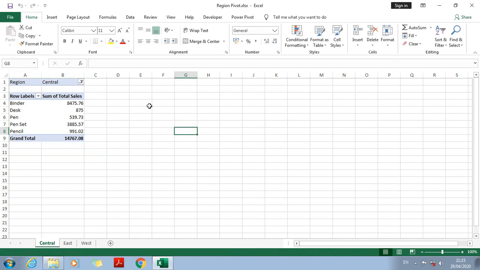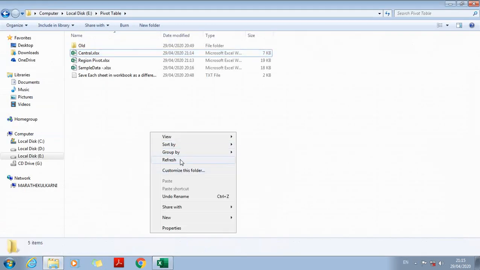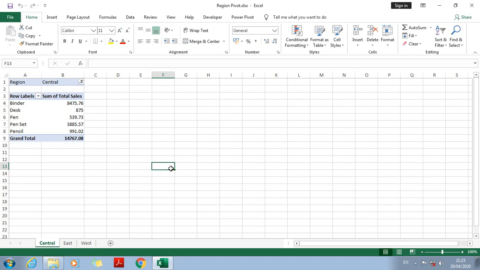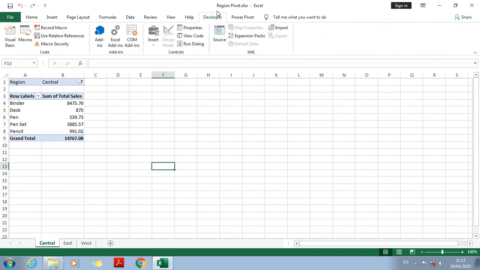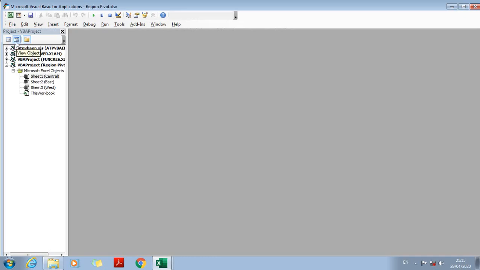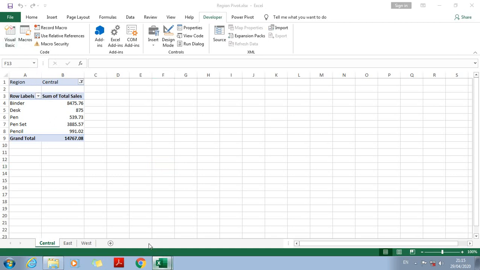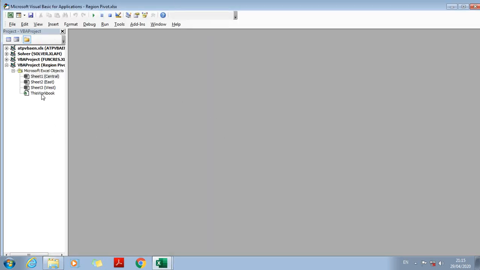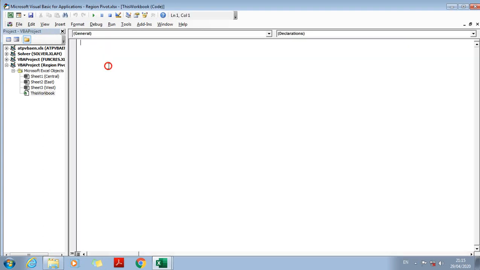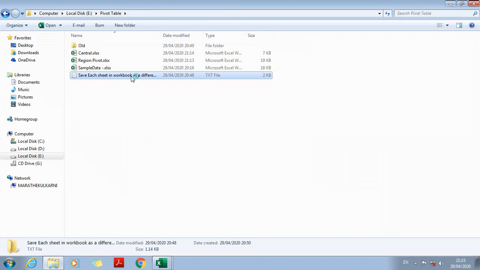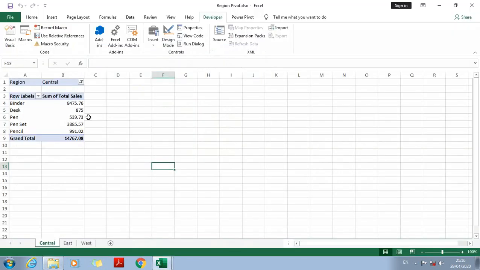I have compiled a code, which I will also link in this video's description. To go to the VBA menu, you first have to enable the developer tab. After you enable the developer tab, you can just Google it, and then press this Visual Basic button here under the developer tab. A VBA box will appear. What you have to simply do is double click this workbook, and then paste the code, the link to which I will provide in the video's description.